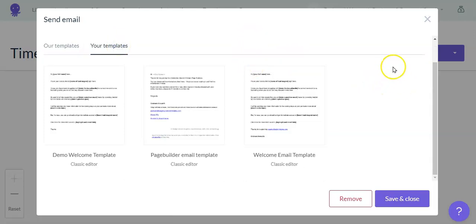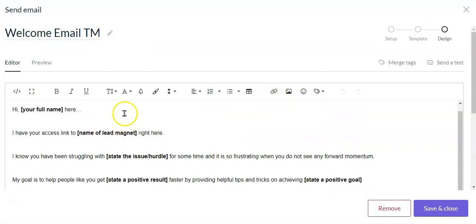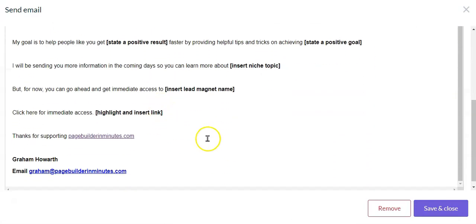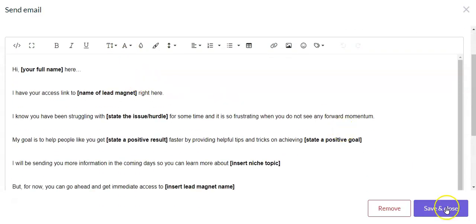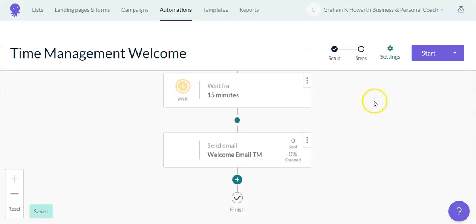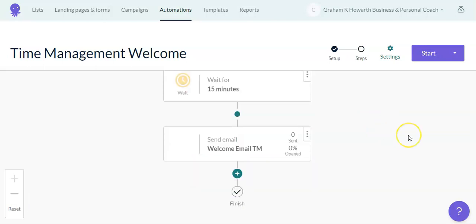So if we look at this now, we'll pick up the one that we used earlier, the welcome email template. So if I select that, then you'll see there's our template with all the prompts within it that we set up earlier. So I'm just going to save and close at that stage, and we've now got that email to the point where we have an email with a template.